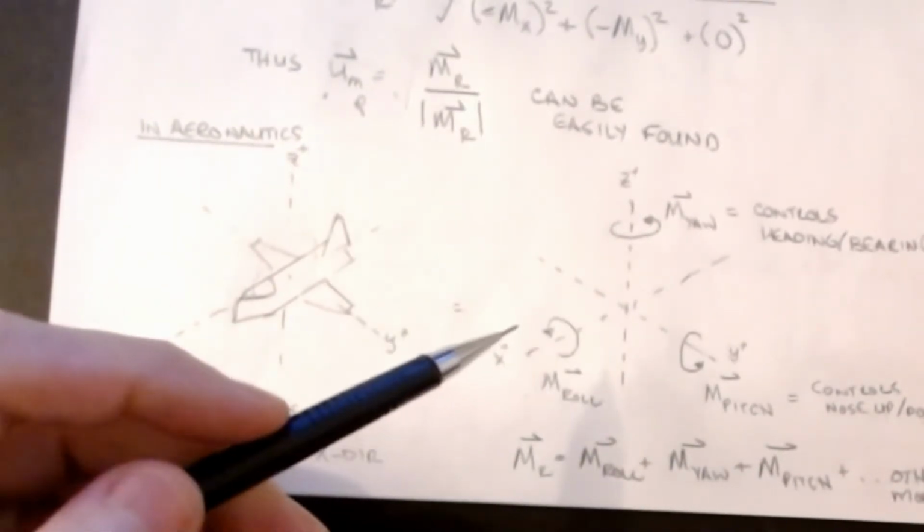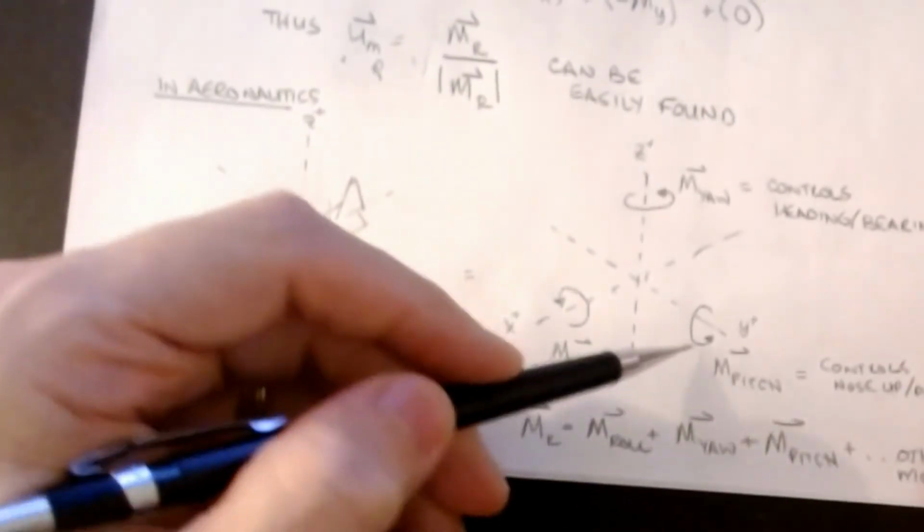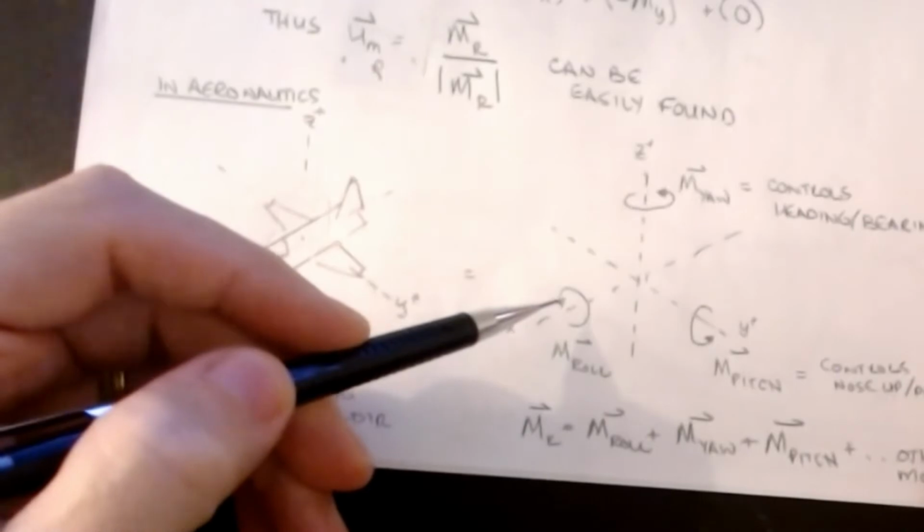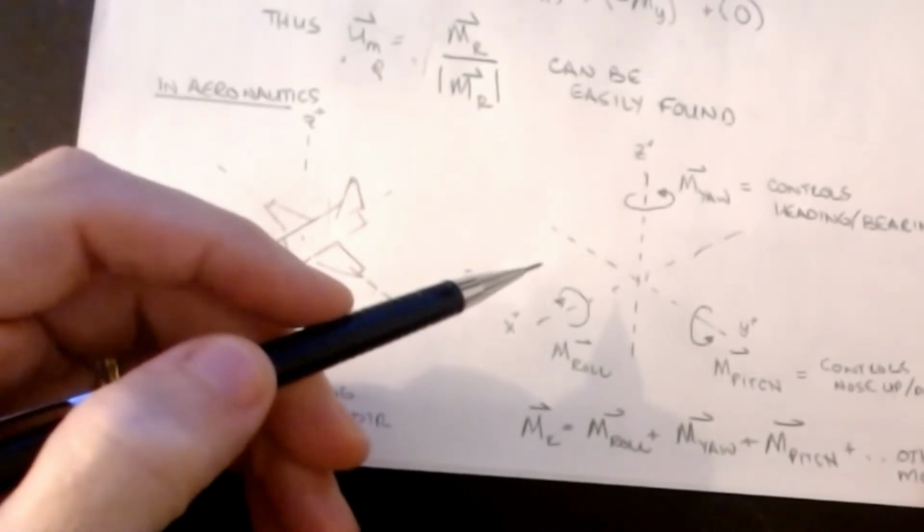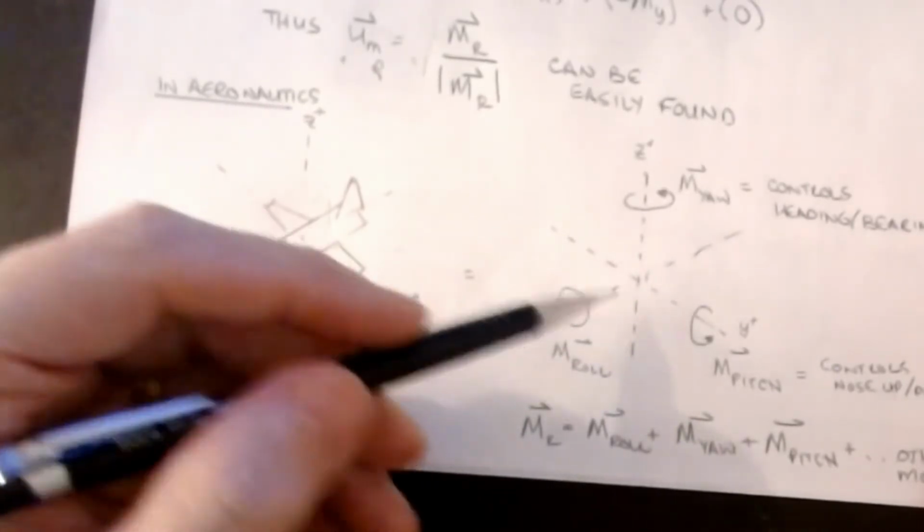All right, so you'll hear these terms thrown around a little bit: roll, yaw, and pitch. But all they are is moment effects, or rotational effects, on this. Now, for the plane that we have here, we could then, if I know the moment values that are being produced by the combination of the flaps or the engines or the thrust or whatever is happening on the plane,